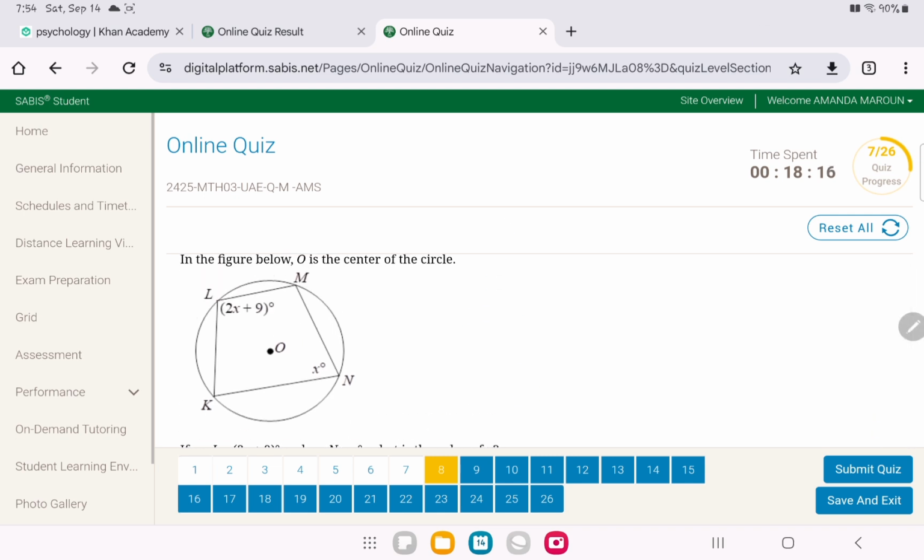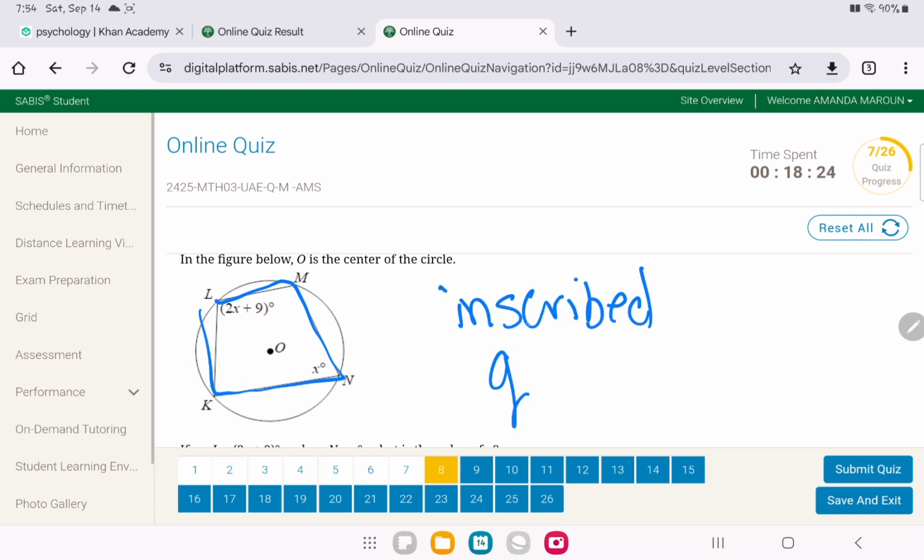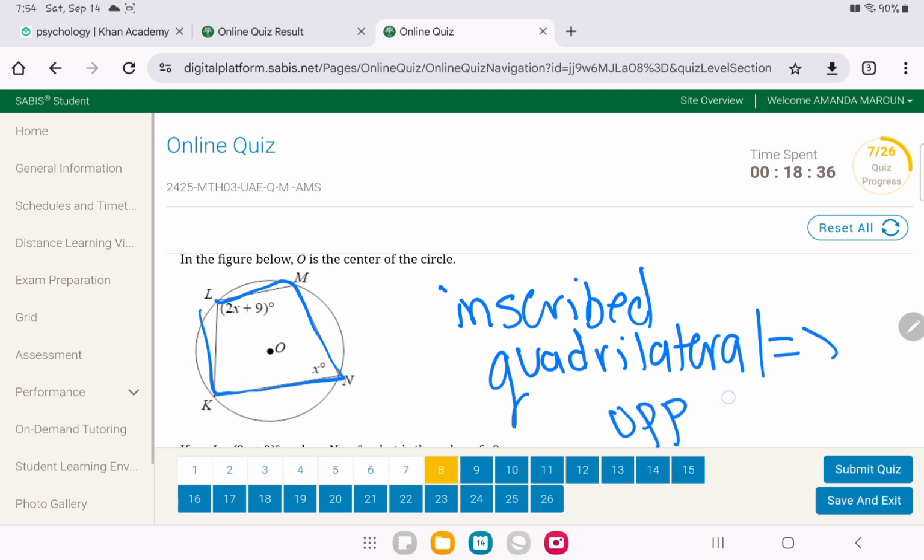Question number 8. In the figure below, O is the center of the circle. And we have what? We have a quadrilateral that is inscribed. And inscribed quadrilateral, not any shape. It has to be a quadrilateral. We know that opposite angles